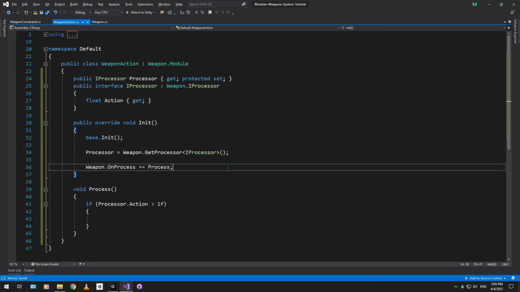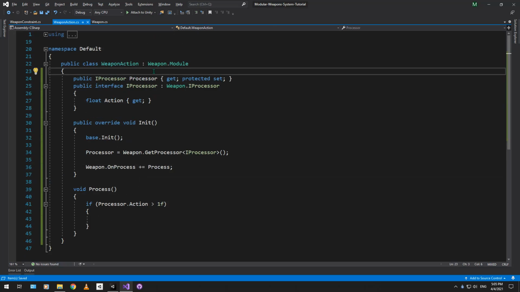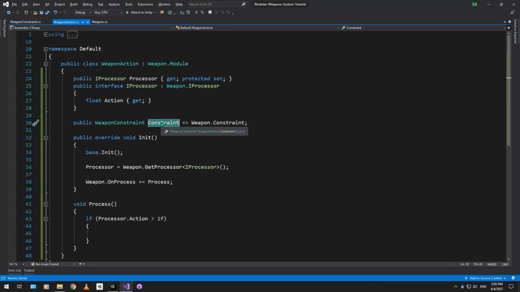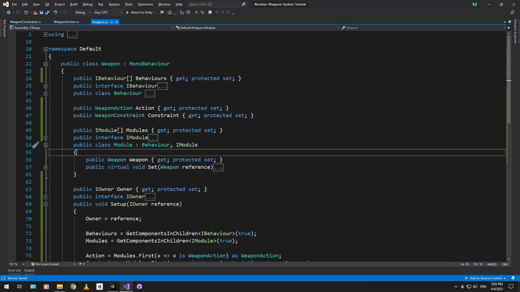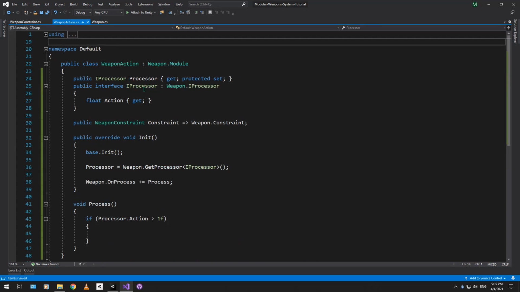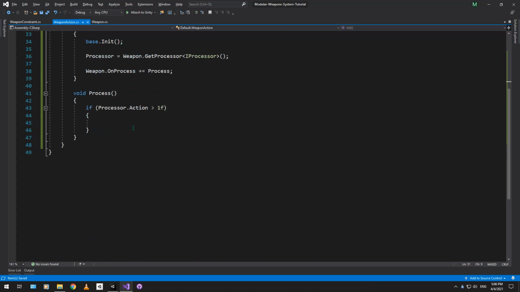And what I'd like to do usually, instead of typing something like weapon.constraint, is make an accessor for it. A really fast accessor, something like this, weapon constraint, weapon.constraint. I know it's really petty, but it makes the code a little bit neater. It's just a quick accessor to that constraint. You can also add this inside of the weapon module, if you just want that accessor for every one of these things, or you can use the code directly, weapon.constraint. But anyways, now what we're gonna do